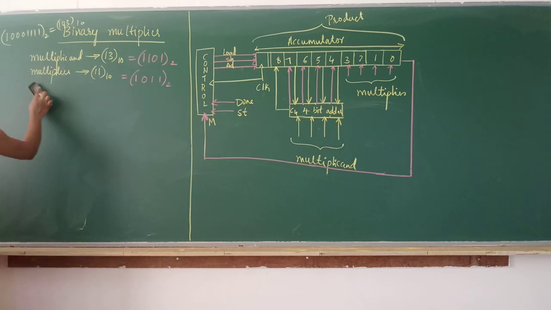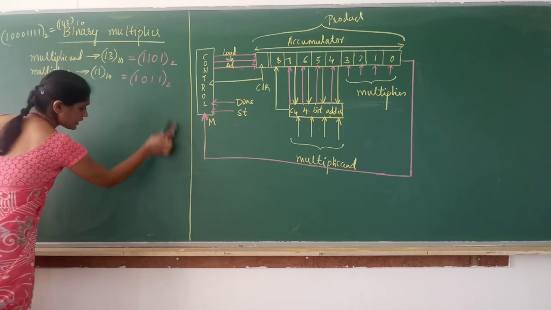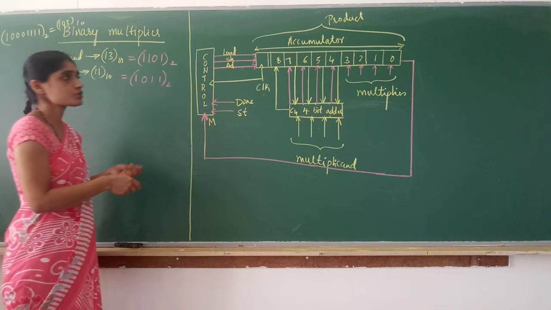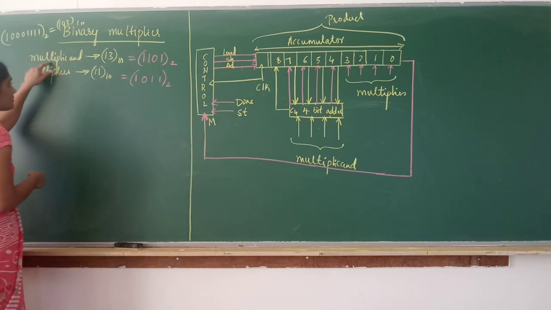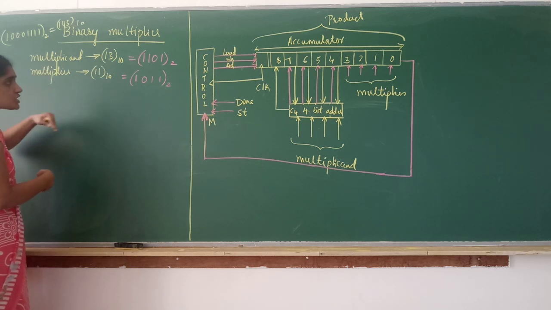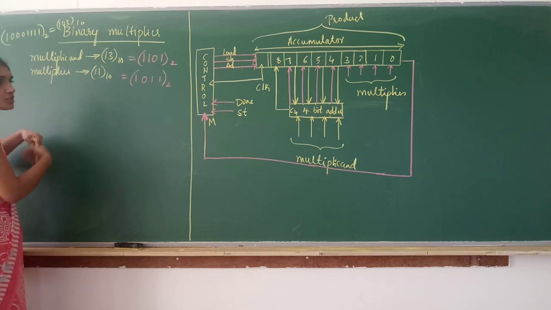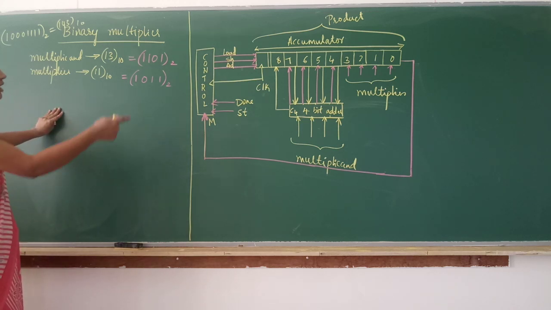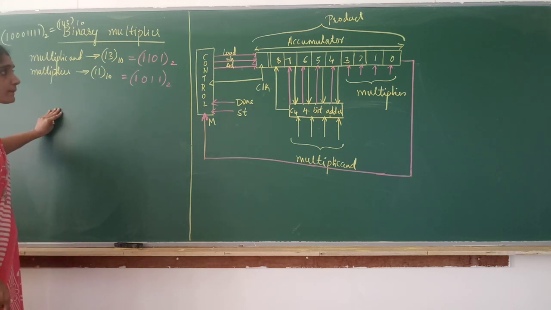And here we are going to perform partial product. We are going to add the next bit multiplication with the partial product. So instead of multiplying all the bits of the multiplier with the multiplicand and then adding, the partial product will be calculated and addition will be performed. Okay. So with this knowledge, now let us move on to the block diagram of the binary multiplier.